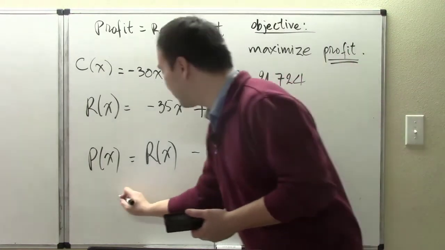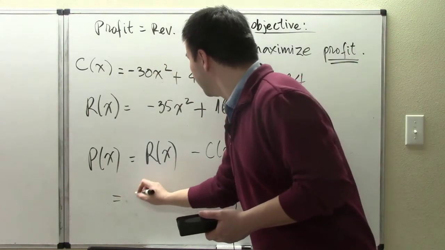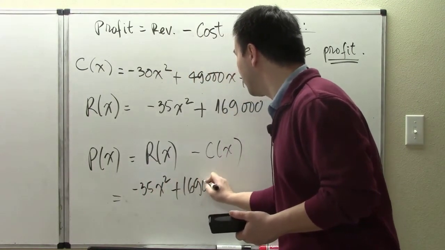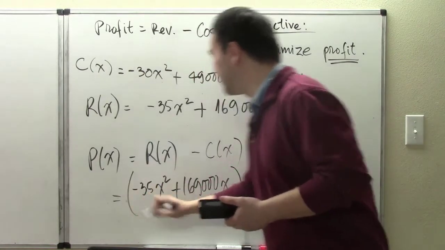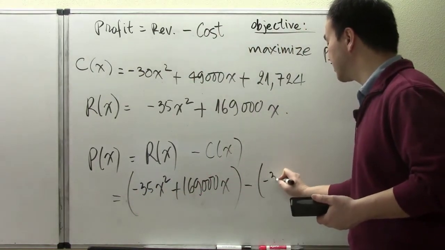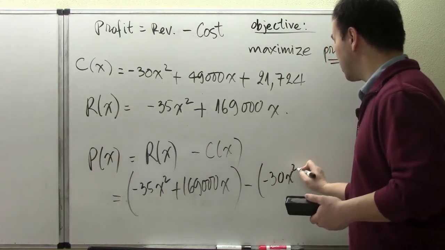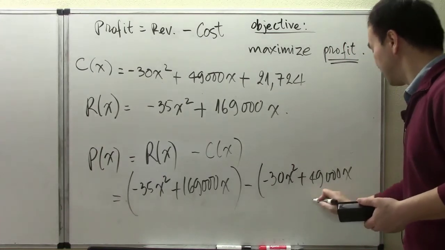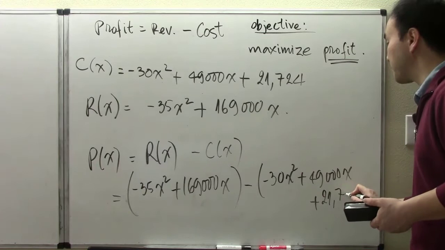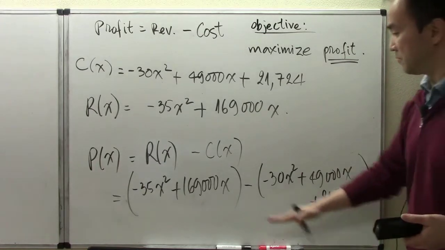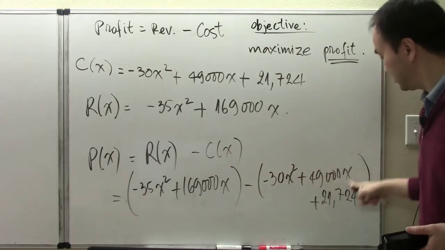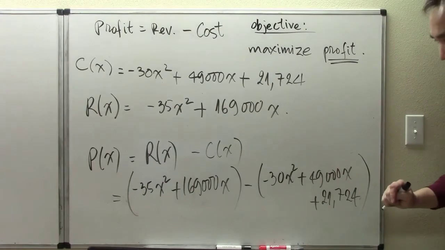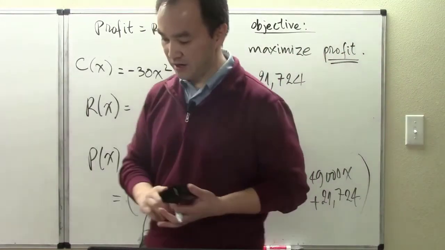And so in that way, I'm looking at minus 35x squared plus 169,000x. This is for revenue, and I'm subtracting away minus 30x squared plus 49,000x plus 21,724. So revenue minus cost. And I ran short of line, so I wrote that last term of my cost function down below right there. So that means all together here